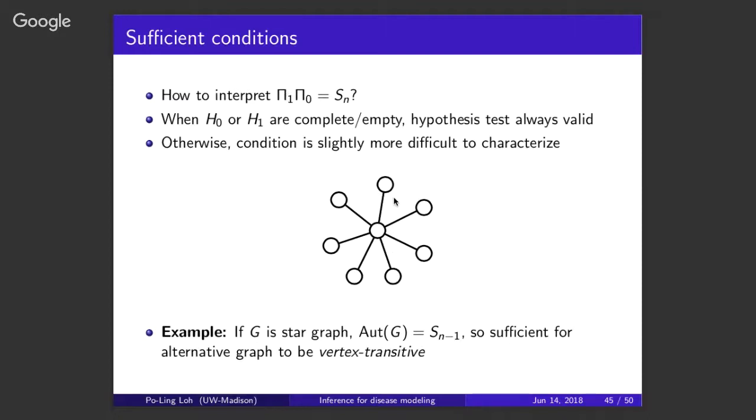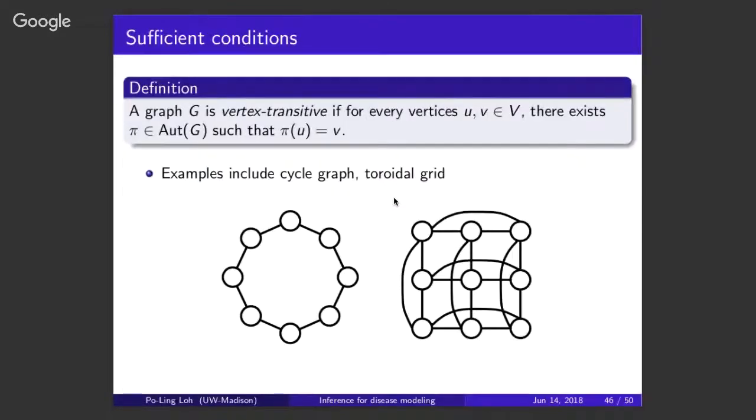Turns out that the criterion is that the other graph should be vertex transitive. And let me not go into detail there. So vertex transitivity is a notion in graph theory. And it turns out that it's a property that is held by graphs, including the family of Cayley graphs. And just as some simple examples, the cycle graph or a toroidal grid graph fall into this family.